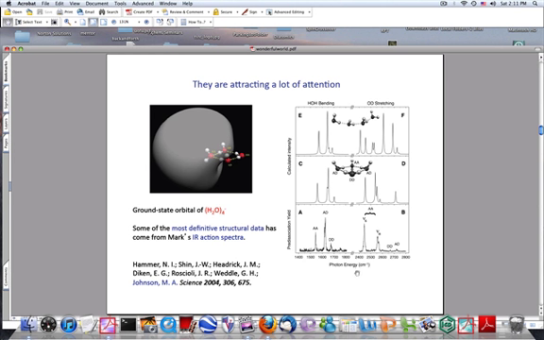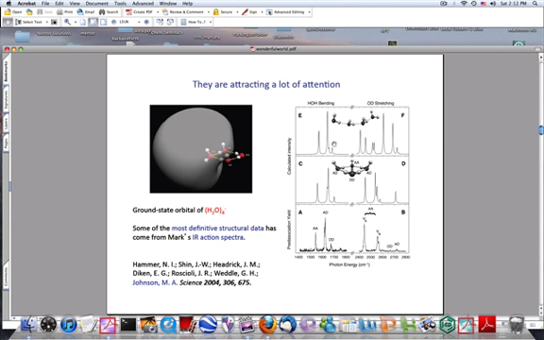So in the so-called action spectrum way, Mark Johnson's group has been able to get some really nice experimental data on the water cluster anions, several of them, and to vibrationally characterize them and therefore learn something about their geometry. Because once their vibrational spectrum is known, by then carrying out some electronic structure calculations on various putative structures, for example, cyclic or quasi-linear structures of water tetramer anion, and then comparing the theoretical vibrational spectrum to the experimental